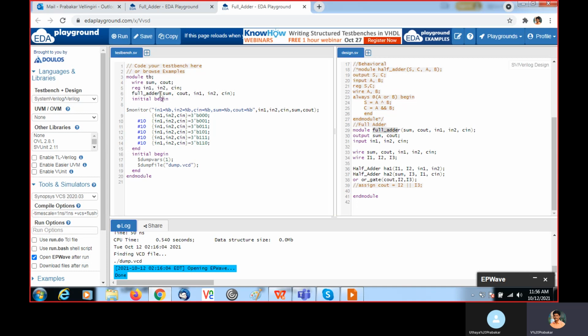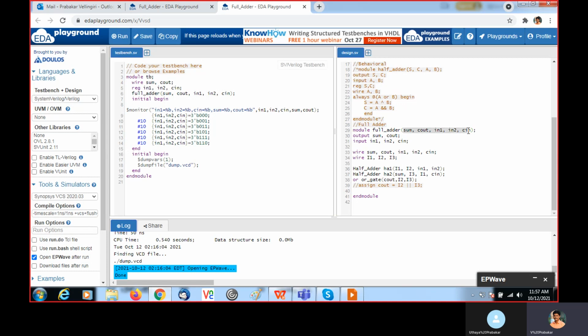You can give any instance name here. Then we need to map the signals. Here in the test bench, we are going to generate the inputs in1, in2, and Cin. That we are going to pass, and we are going to get the sum and carry. So in the same positions, I use the same variables in1, in2, Cin, and sum, Cout.